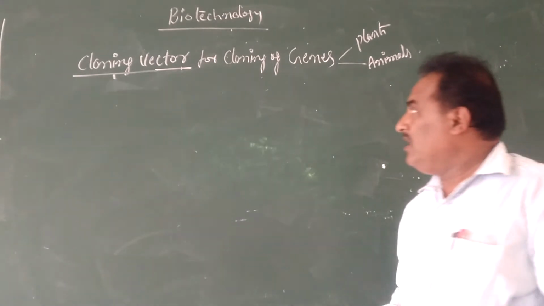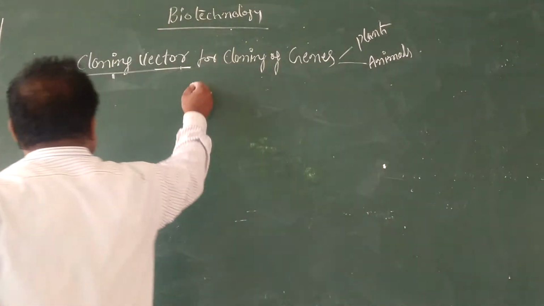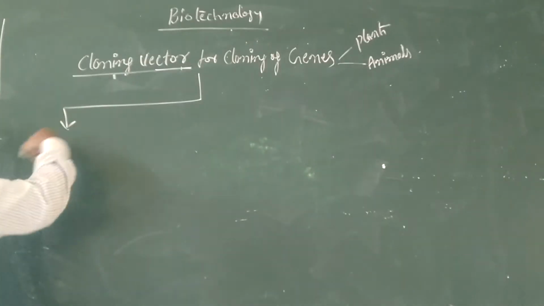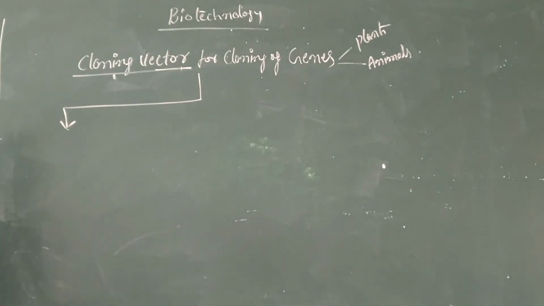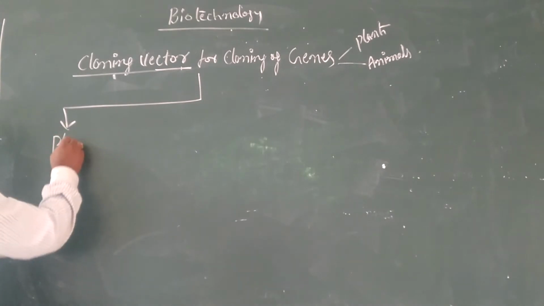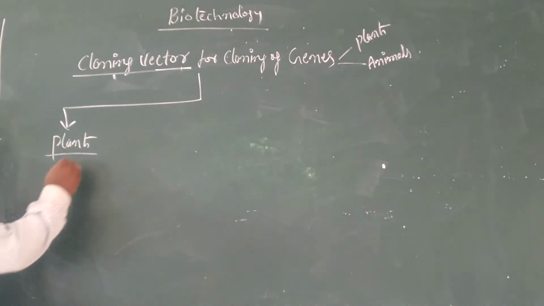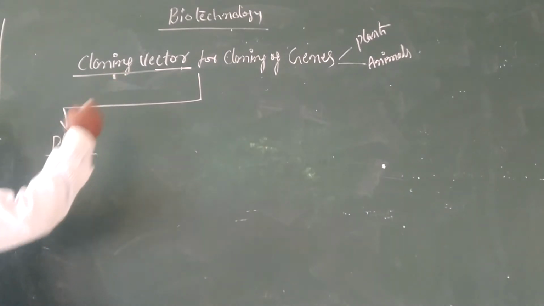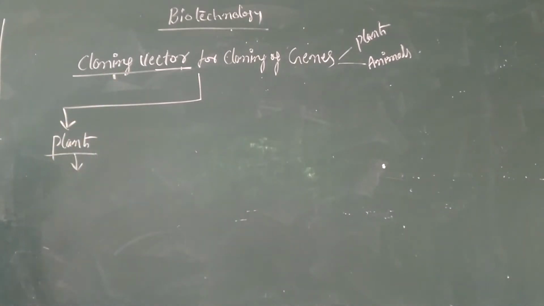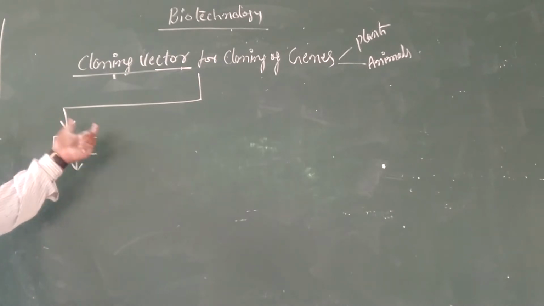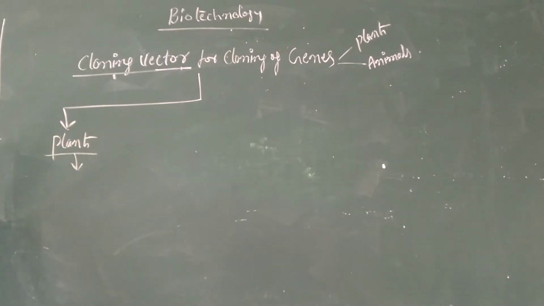Particularly in the case of plants, some vectors are used for plant gene cloning. One of the vectors commonly used for cloning of plant genes